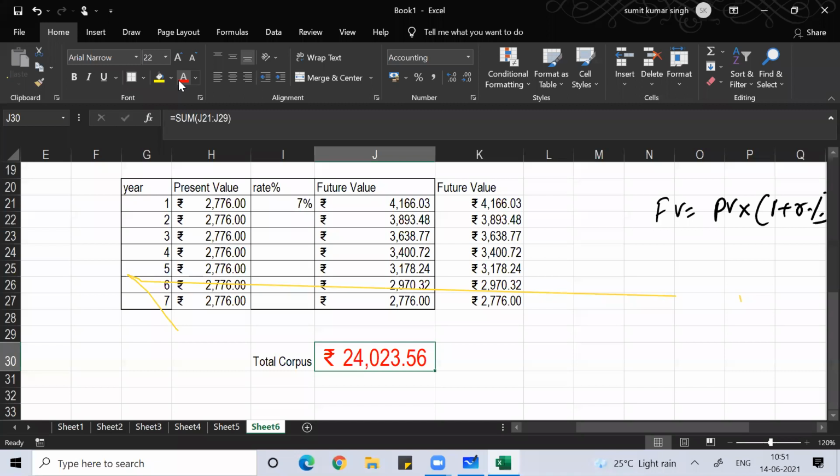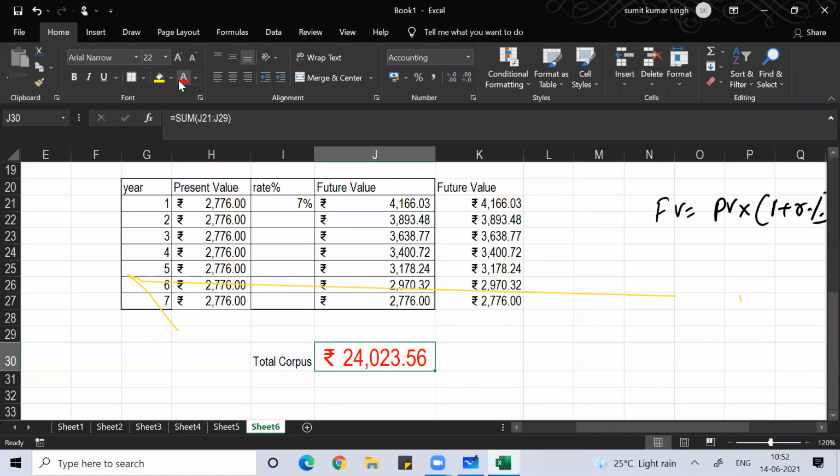Can you understand this? So what I did, in the earlier case, the amount I had put was a different amount. Then I made it the same amount, because I wanted to discuss the annuity part here. I wanted to discuss the concept of annuity here. Annuity means when you pay or when you receive the same amount of money after every regular interval of time, we call that an annuity.